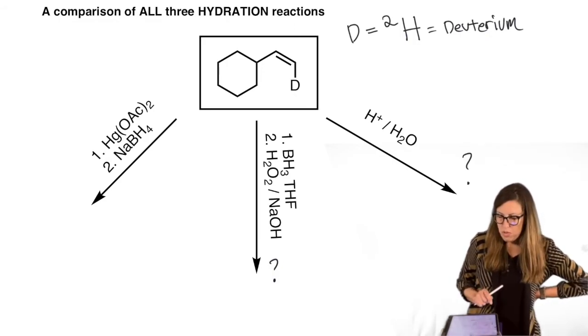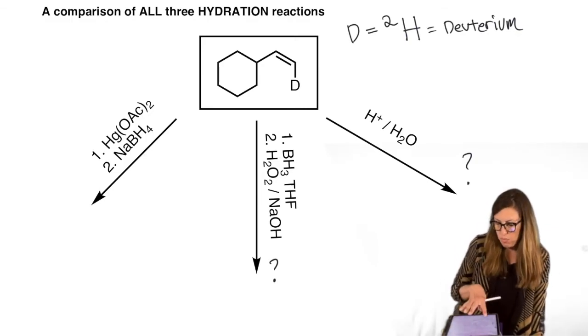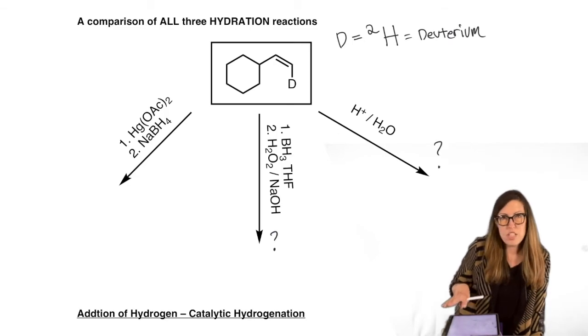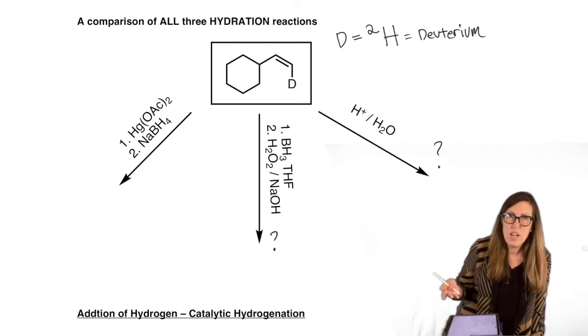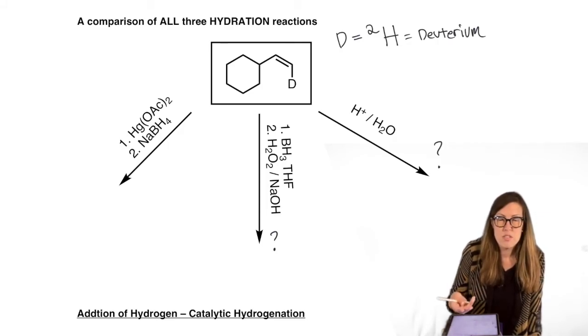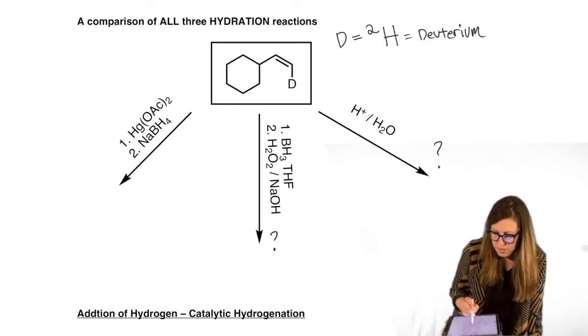So when you're asked to predict the product, you might need a little mini mechanism to help you, but the objective of this kind of question is to write the missing product. So your own scratch work showing the mechanism is a good idea, but when you finally get here, knowing that the D is in the right spot sometimes proves that you knew the mechanism. So that's very common on homework problems, exam problems, but it's also useful in the lab for labeling and tracking and getting to the bottom of what a mechanism might be. So I want you to get comfortable seeing those. So we're going to start putting those in our examples.